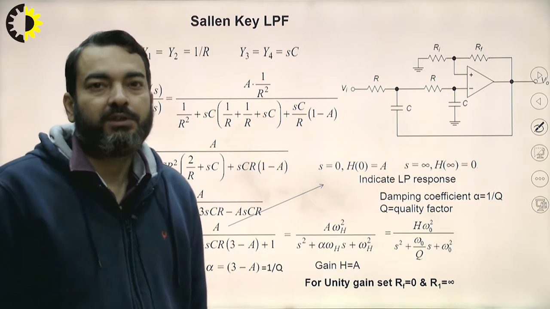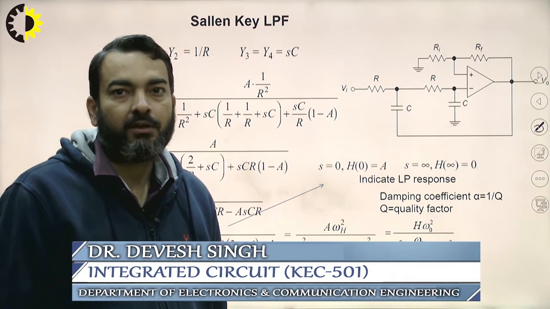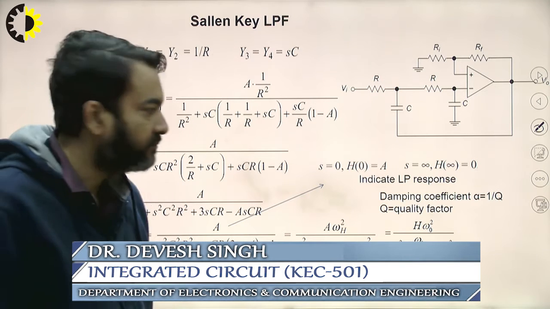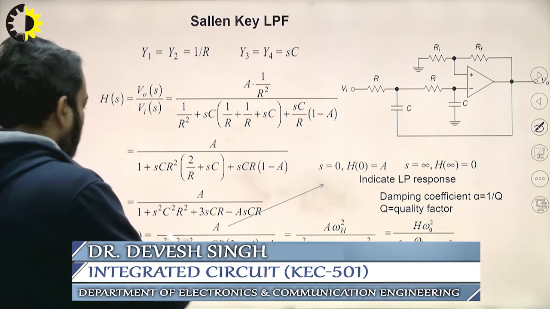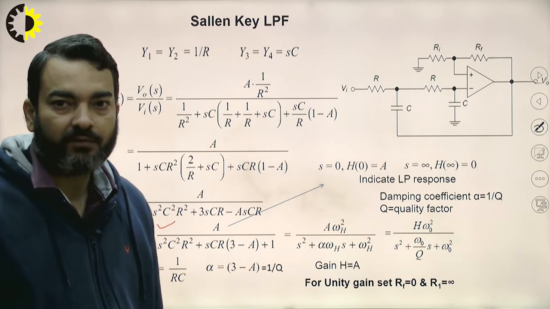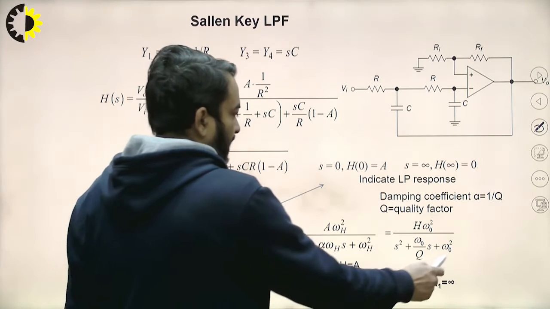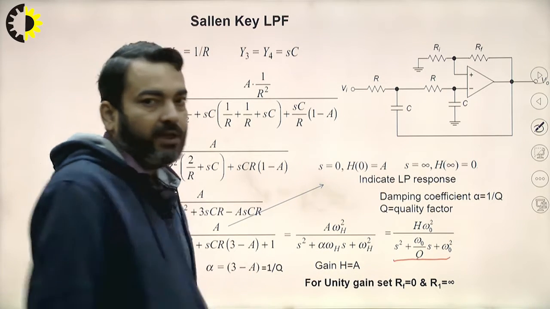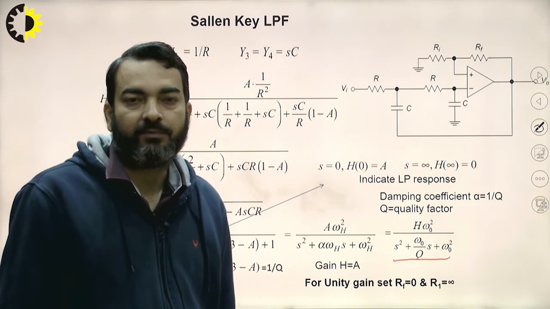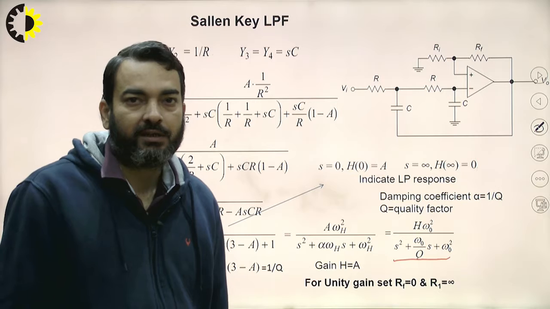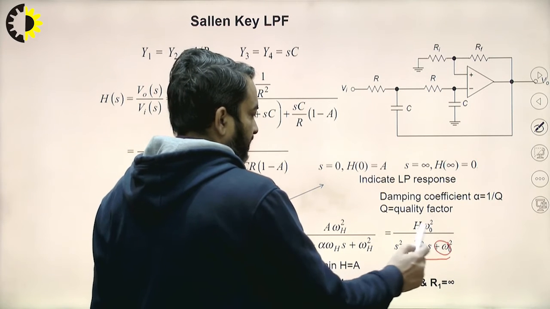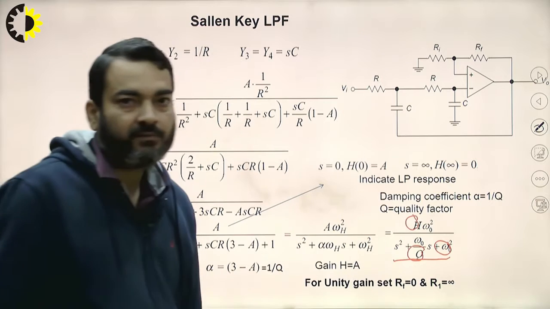Morning. So in the last class we discussed the low pass filter. We have seen the second order low pass Sallen-Key filter. This was the transfer function. After converting this transfer function into standard form, we can equate it with the standard equation and calculate the various parameters of the filter, for example pole frequency, quality factor and gain. These three elements are the parameters.